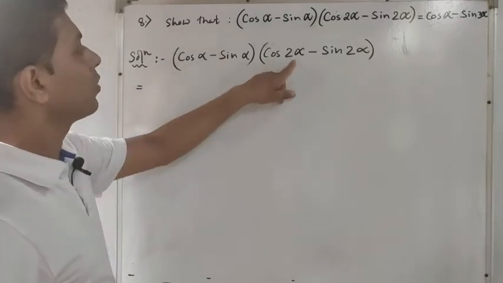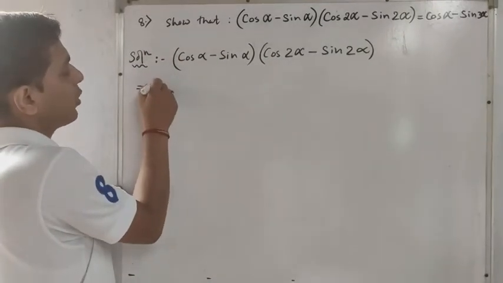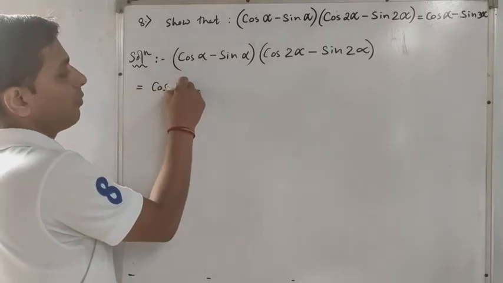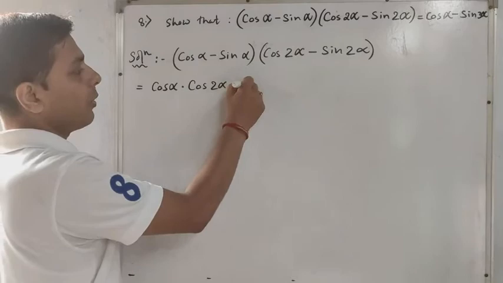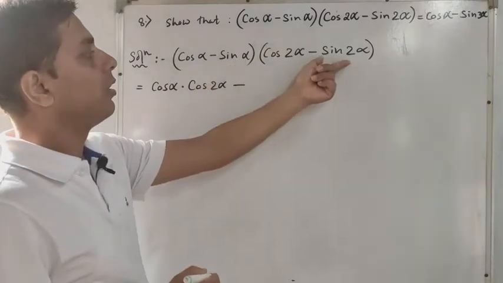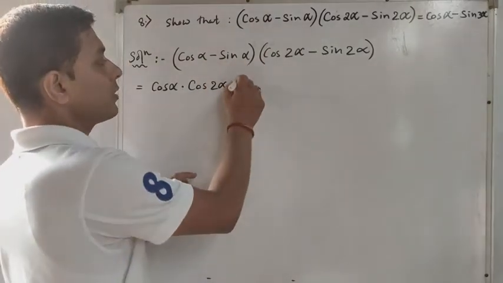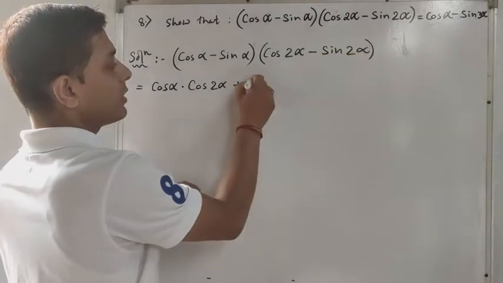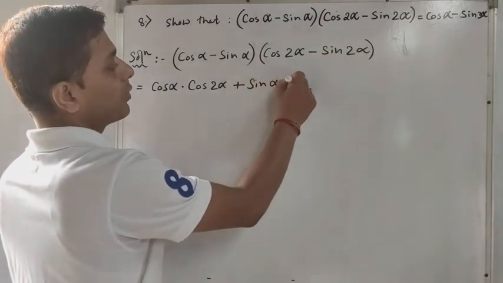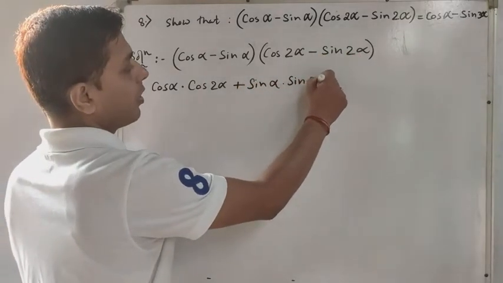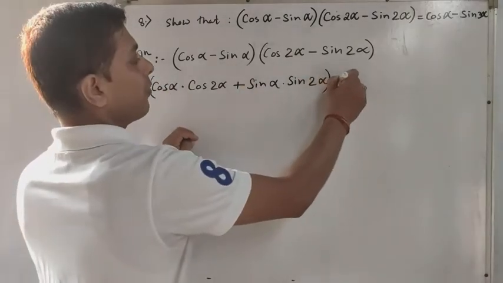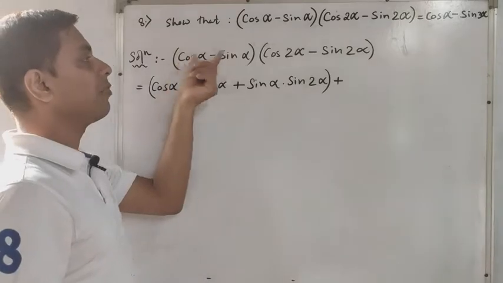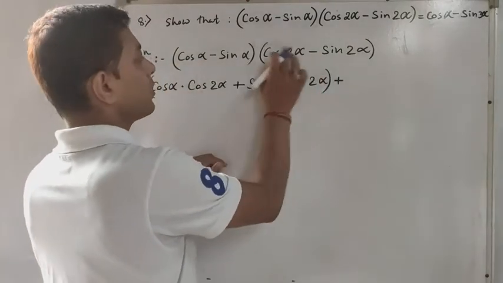Cos of alpha into cos of twice alpha, I am going to multiply and keep together, that is cos of alpha into cos of twice alpha, then minus sine of alpha, minus into minus plus sine of alpha into sine of twice alpha, sine of alpha into sine of twice alpha. I am going to keep this portion together, then plus cos alpha sine twice alpha, so plus into minus is minus,